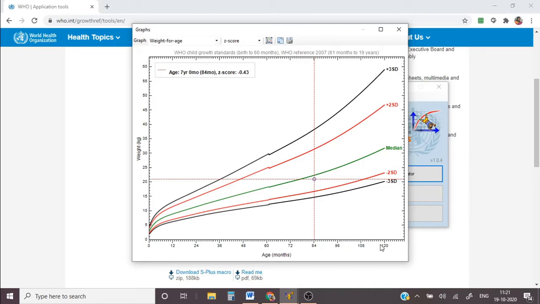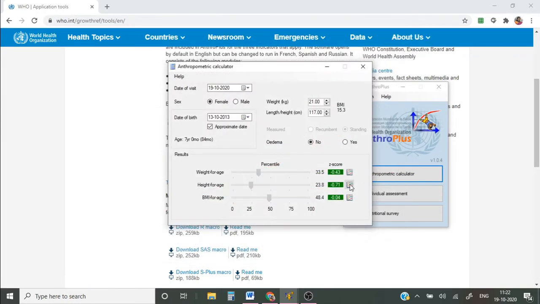It is always recommended to maximize the graph window by clicking the icon, and the weight for age from birth to 10 years can be seen here. In the x-axis you see the age, and in the y-axis you see the weight of the child. Similarly, you do have for height and BMI.